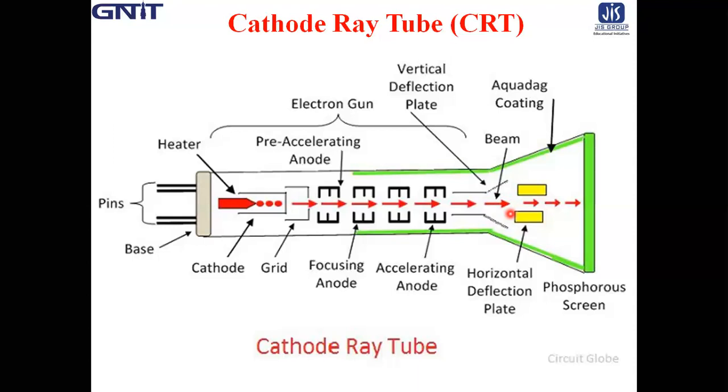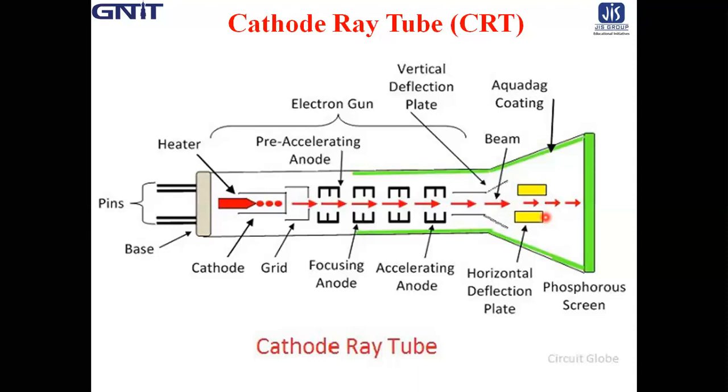The electron beam can be scanned up and down vertically by controlling the voltage on the vertical plates, thereby producing light spots on the phosphorus skin. When an AC signal is applied to the vertical plates, a continuous vertical line is displayed on the skin, because during the positive half cycle of the AC voltage the upper plate is positive, while in the negative half cycle it is negative.